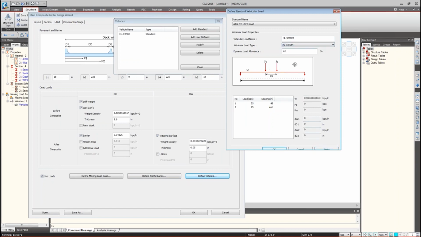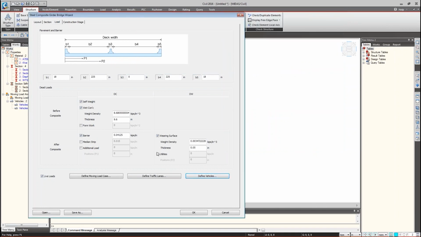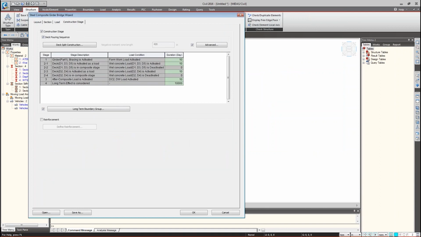And for a tandem, we'll again choose 33%. So this completes the live load and the dead load information that we need. Next we come to construction stage. So if you remember, for the construction stage